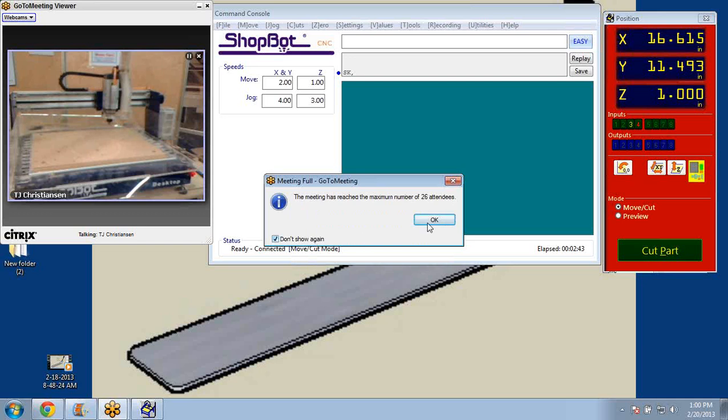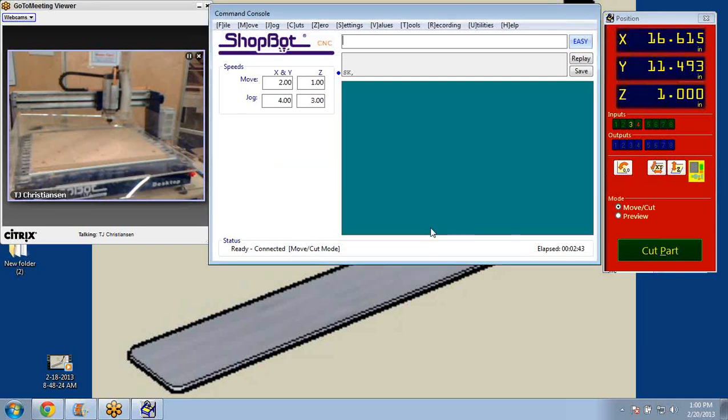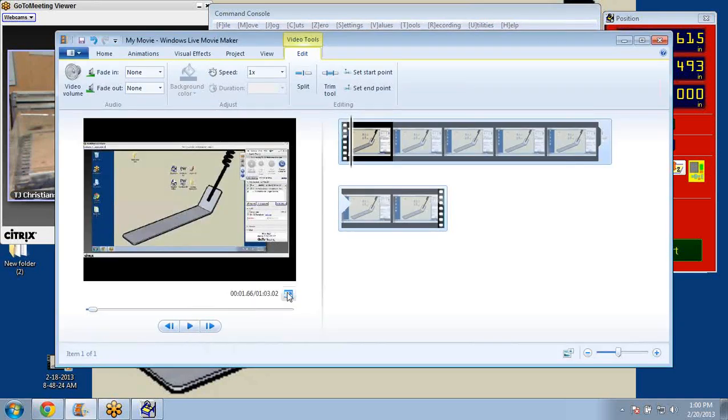All right, welcome. What we're going to be doing today is going over the ShopBot 3 software, and it's going to be nice because I've got a webcam over our desktop machine, and we'll be able to see the control console on the computer as well as the webcam. If you can't see your webcam, I'm going to bring up this quick little video I just filmed with Snagit showing